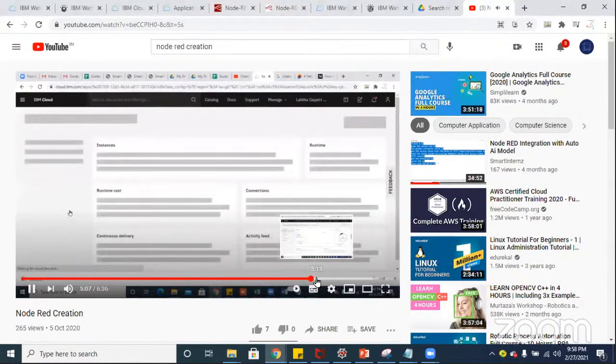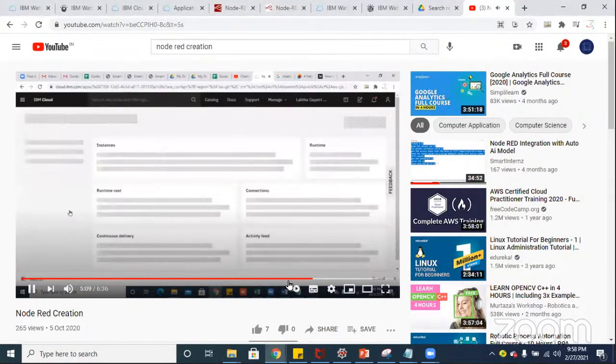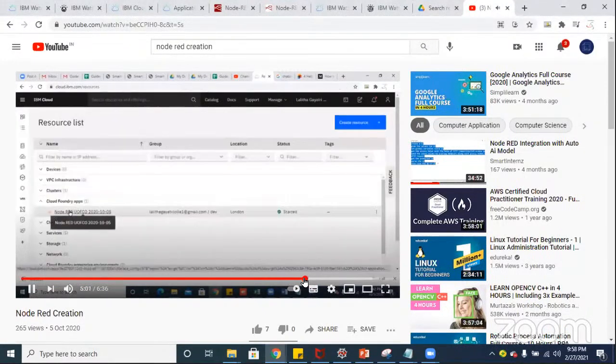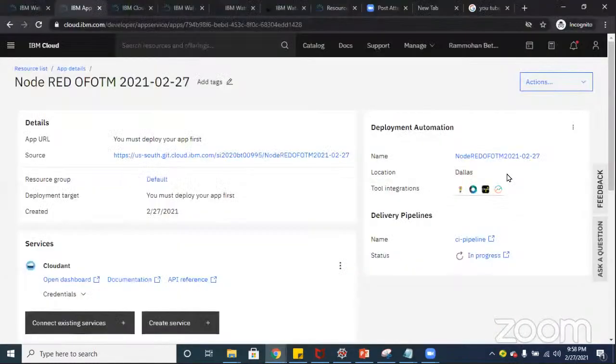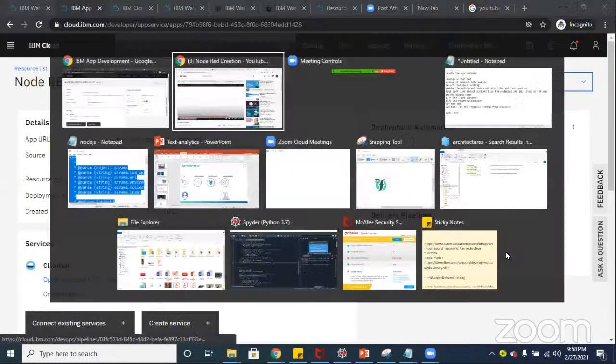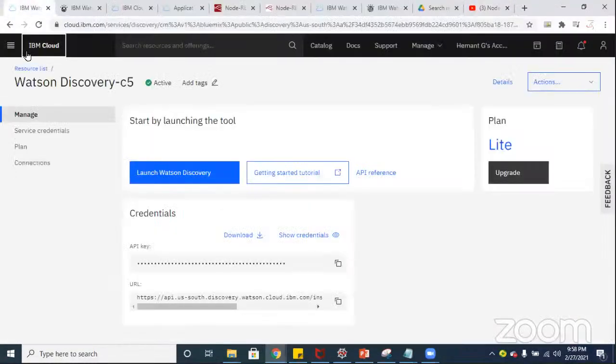You get redirected to a page. Once it is done, now you have to open and click on the app. All right. So once that is done, if your status has got success, then you can go to your dashboard. You can go to your dashboard. On the dashboard,